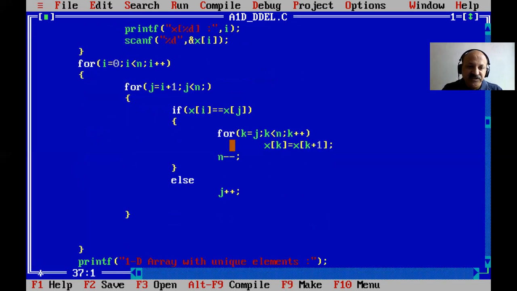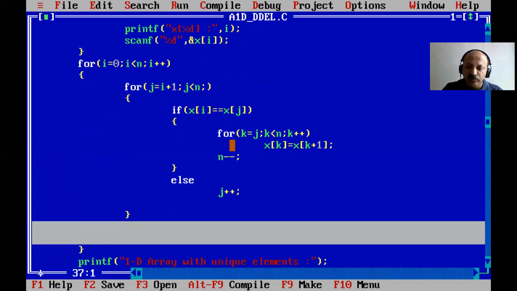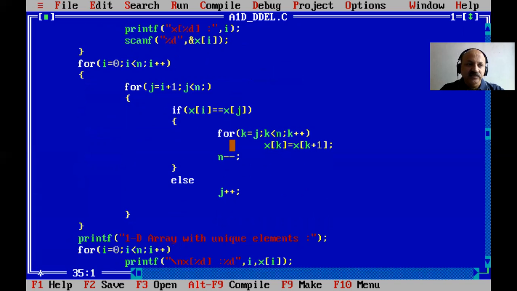So let us trace, meaning check, this logic. So yes, first we can close our for loops. So here all the for loops are closed. So there are three for loops. You can look here. There are three for loops, and we can take the first for loop: i equal to 0, i less than n, i plus plus, and then second, j equal to i plus 1 and j less than equal to n, and then the comparison x of i equal to x of j, and then the for loop. Yes, all are, I think, perfectly fine.